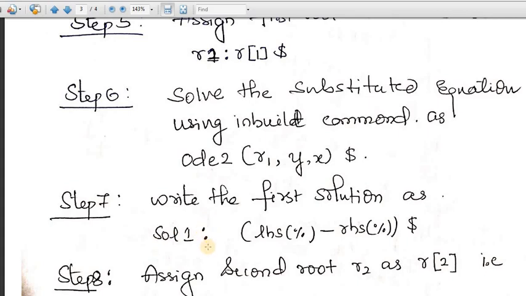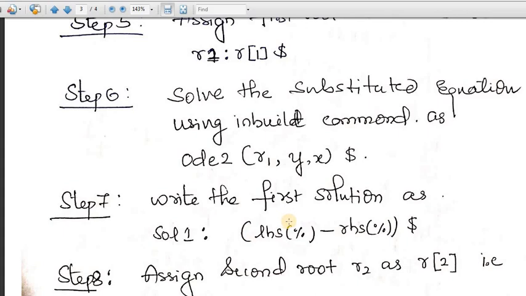solution1 colon rhs(%) minus lhs(%) rhs dollar symbol. So this is LHS and RHS, so the RHS I am taking inside, it will become minus, right? So the solution of this ODE2 solver, with respect to root 1, the first solution will be written as